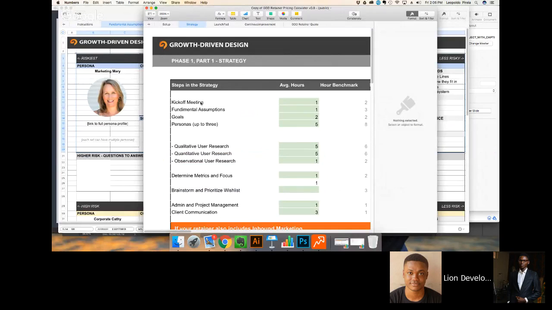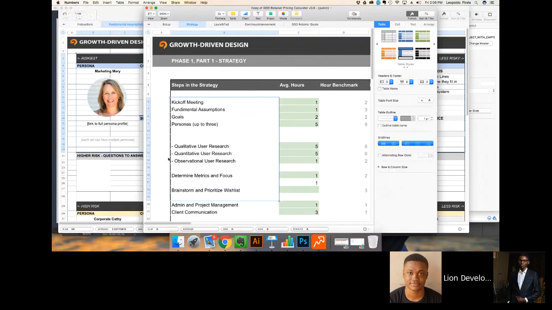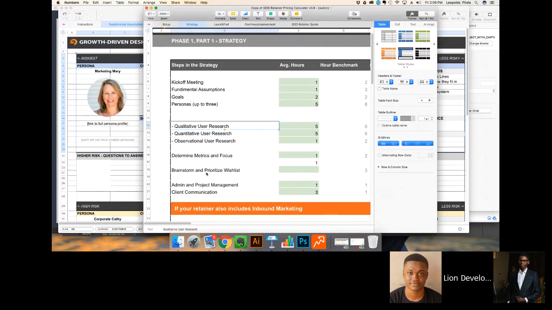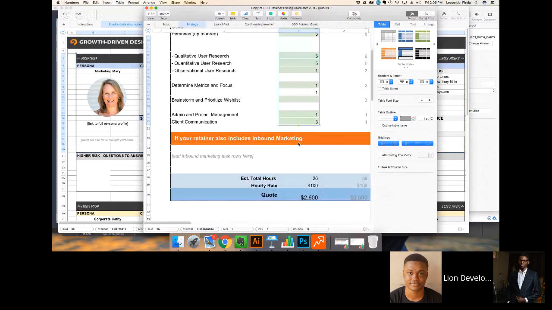So we can show them the tasks that we're going to do. We're going to have the kickoff meeting. We're going to work on the personas. We're going to do the qualitative user research, the quantitative user research, and whatnot. Everything that we need on a strategy. But the hours here, they don't need to know this. So we know that it takes 26 hours, so let's say we put 15 days for this.